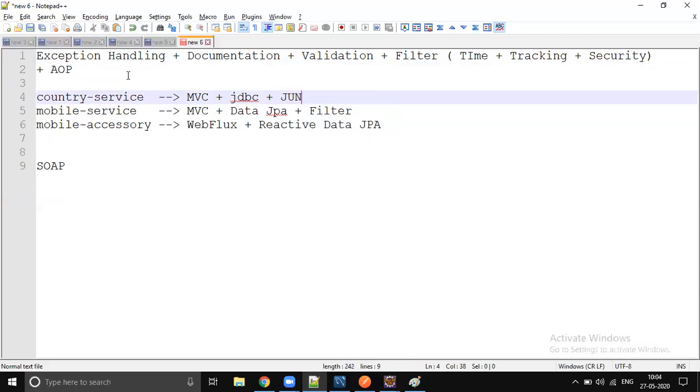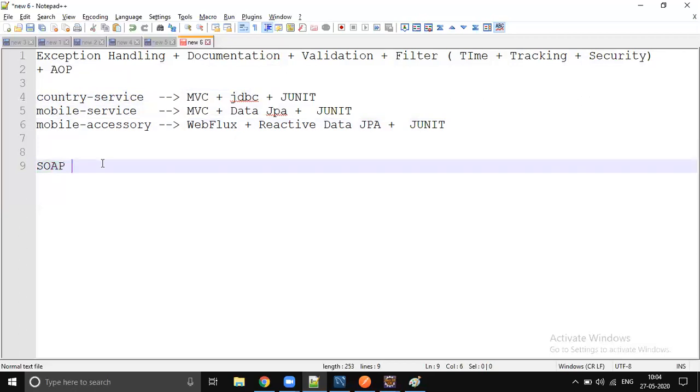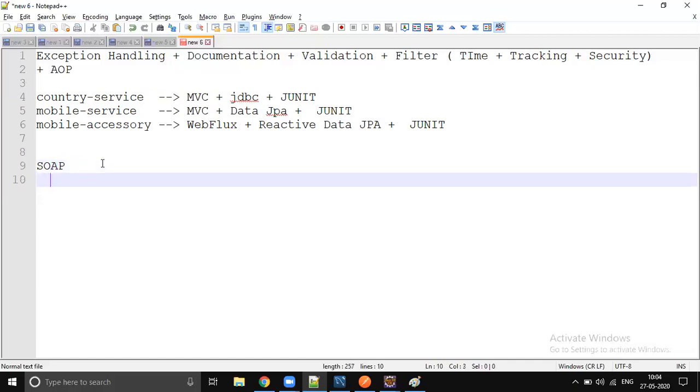Here we will also add some JUnit test cases. Filters are also common, so I will remove them from here. All the above features are common, so we will put them in a common place. Later I will show how to separate them. In between, I will show one SOAP web service.